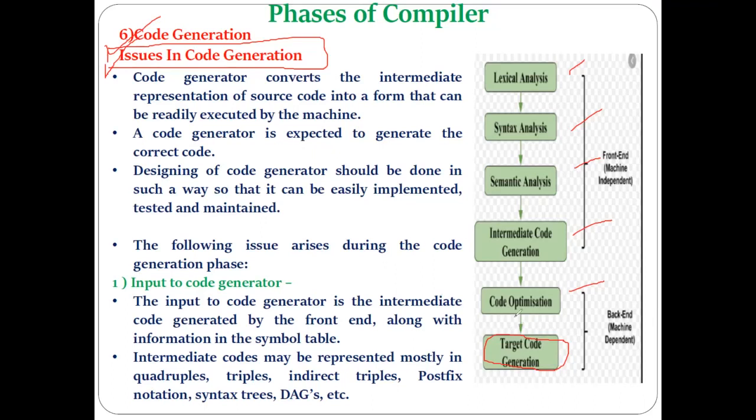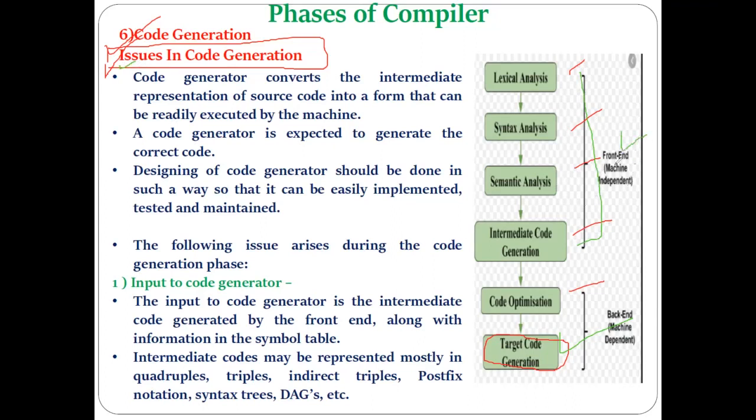So whenever the system programmer designs this last phase of the compiler, that is target code generation or the code generator phase, the designer of that compiler must take into account different kinds of requirements. Understood? The different issues he must take care of while designing the last phase of the compiler come under the issues in the code generation phase. Okay, so all these phases we can see come under the category of front end.